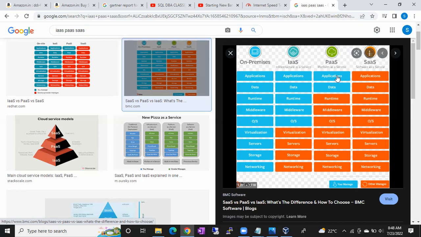Companies will choose some applications on IaaS, and some applications they will choose PaaS, depending upon the requirements. If they choose IaaS, again there is no difference between IaaS and on premises. That's why I'm saying, if everything is migrating to cloud, that doesn't mean they are skipping the base concept. The base concept will still remain the same. So it's good to have knowledge of on premises. If you have complete knowledge of on premises, it's very easy to learn IaaS and PaaS, guys.